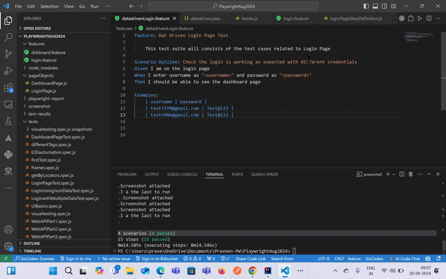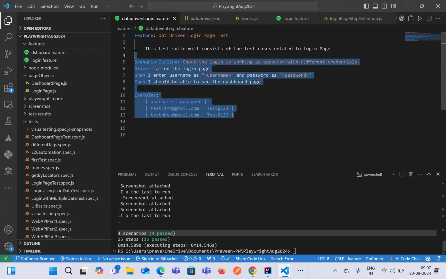probably on Monday, and in between, what you can do is practice whatever we have discussed in terms of the framework. And if you have any kind of questions,